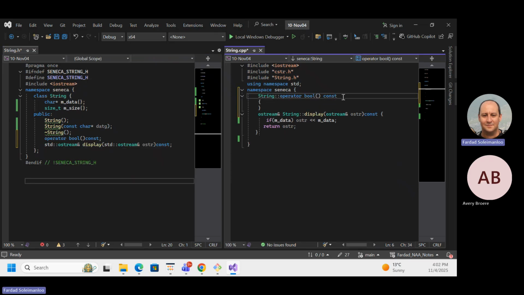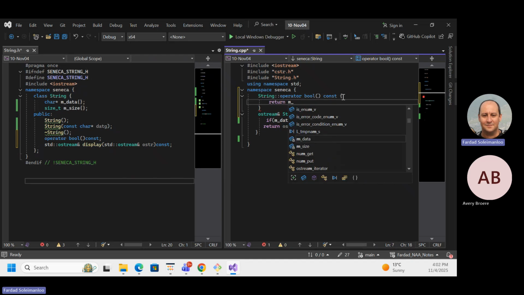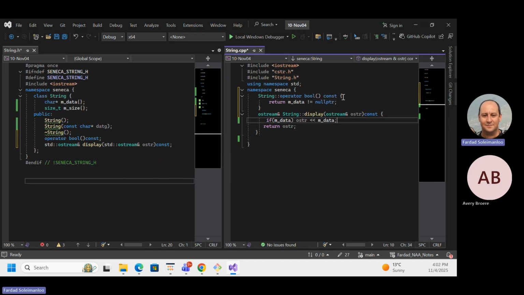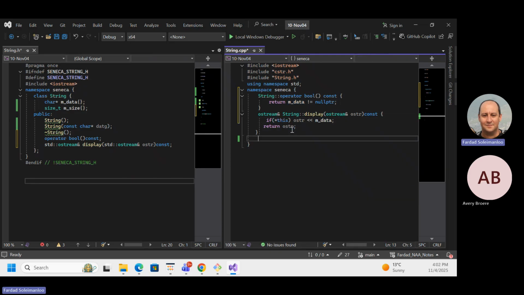Okay, so in here, now what I'm going to do over here is simply say return data being not equal to nullptr. Right? So if it's not nullptr, we are okay and we are good to go. Now in here, I can say if this. It looks like I've done something bad in here, like it was very understandable, but now it's cryptic.